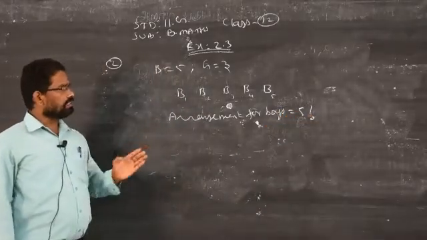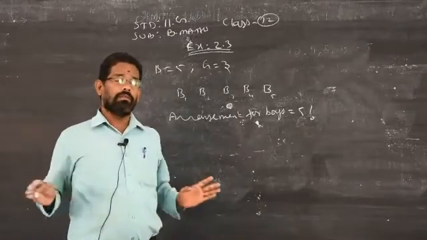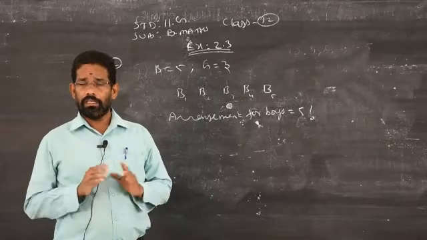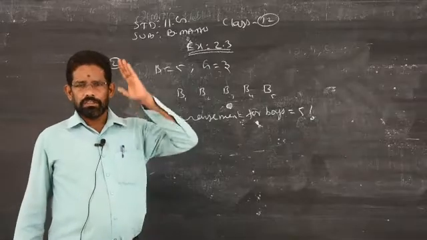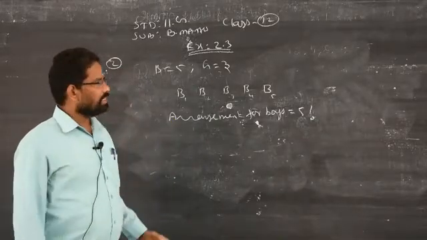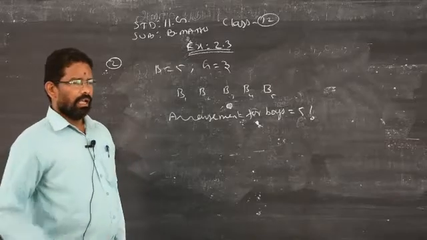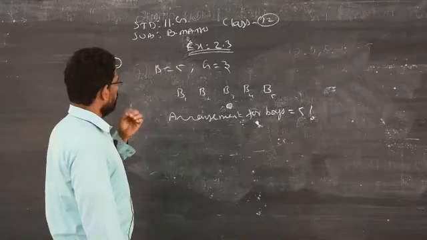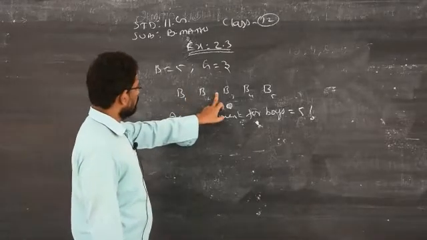Now, how many places are there? The condition is given very clearly. No girls sit together, which means the girls are supposed to sit only between the boys, alternatively. Some of you may get confused: between the boys means, for example, only between these 2 boys. This is called between the boys.